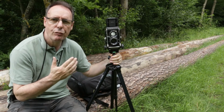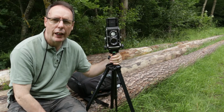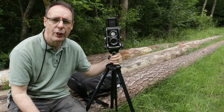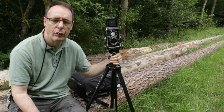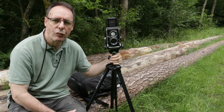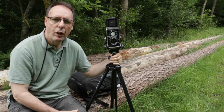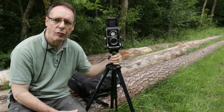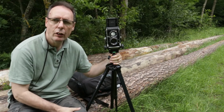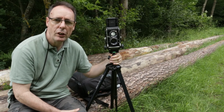Now, I've loaded this camera with Kodak Ektar 100, which is a print film, so I'm going to be taking photographs, but the photographs will be prints, not slides. And then what we'll do is we'll scan those negatives and I will put the photographs up at the tail end of this video. I will also put up some photographs of slides that I took using this camera probably 20 years ago, and it is, being honest with you,